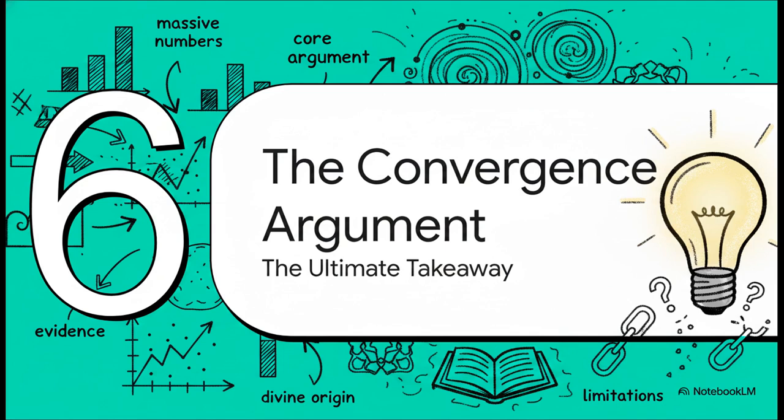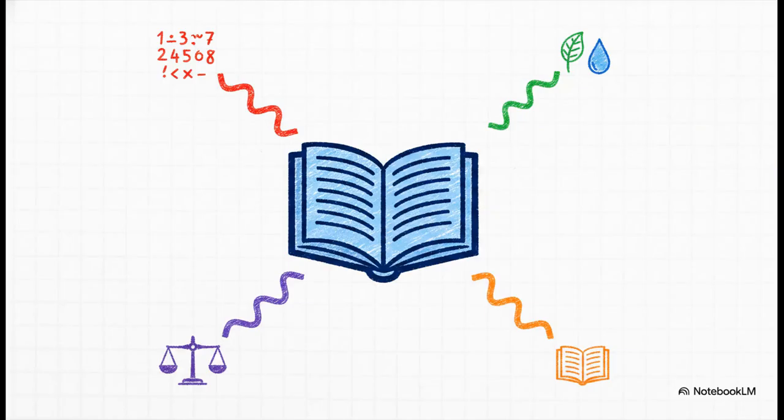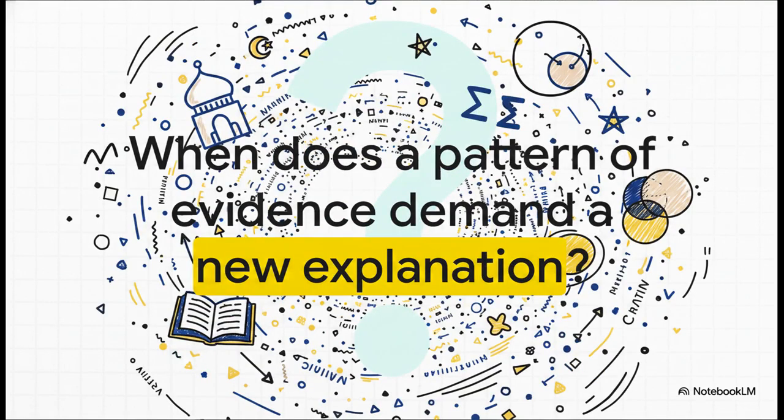So we've seen the evidence, we've seen the jaw-dropping numbers, and we've talked about the crucial caveats. What's the big idea we're supposed to take away from all of this? The central argument isn't really about any single miracle or one killer fact. It's not just the iron thing or just the land and sea ratio. No, the real argument is about the convergence, the way that multiple, seemingly unrelated types of patterns all pile up together. You've got the numerical stuff, the literary symmetries, the scientific parallels, all pointing in the same direction, all in one single book.